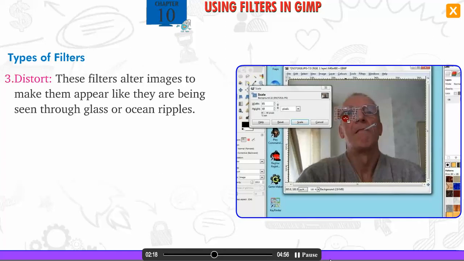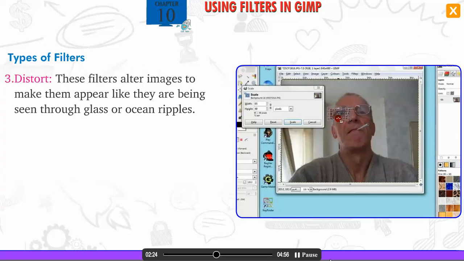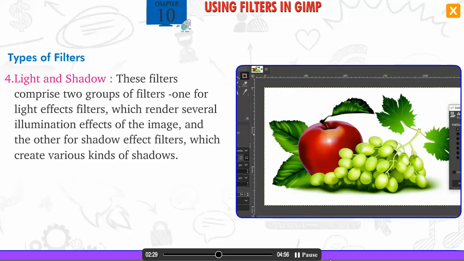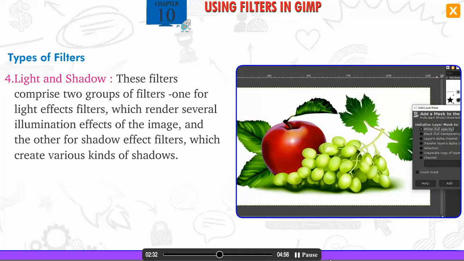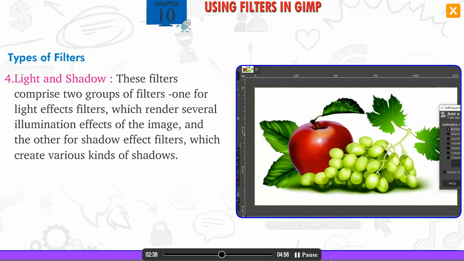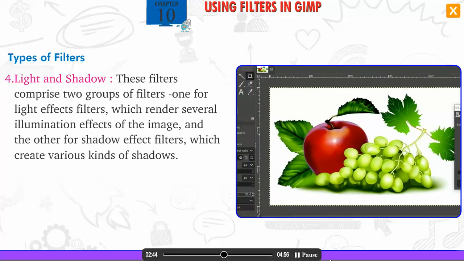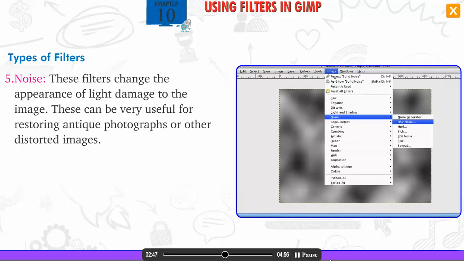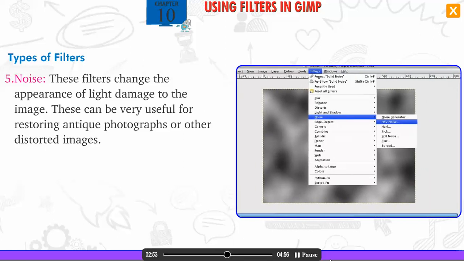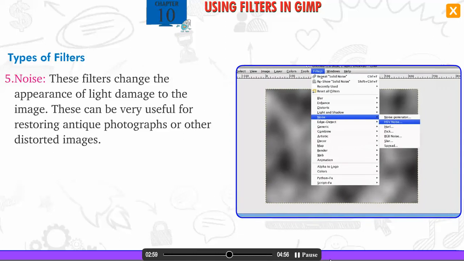3. Distort. These filters alter images to make them appear like they are being seen through glass or ocean ripples. 4. Light and shadow. These filters comprise two groups of filters. One for light effects filters, which render several illumination effects of the image, and the other for shadow effect filters, which create various kinds of shadows. 5. Noise. These filters change the appearance of light damage to the image. These can be very useful for restoring antique photographs or other distorted